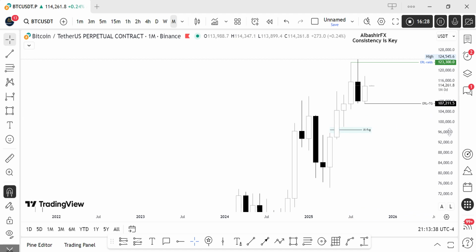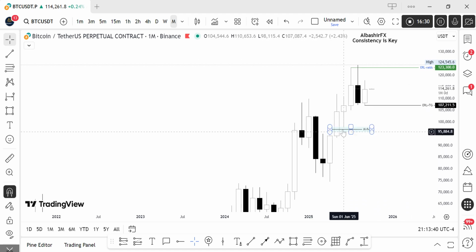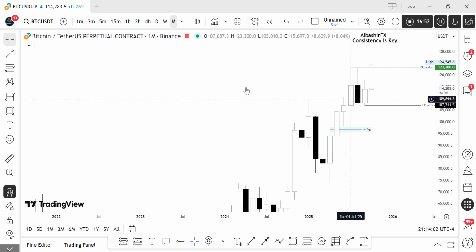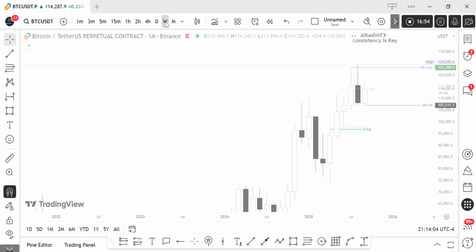Despite that, we have a monthly range where we are expecting price to reach for the discount level before going higher. But we've seen there is no willingness in Bitcoin going lower yet on the monthly time frame. Then we are going to wait and align this monthly perspective with the lower time frame perspective,